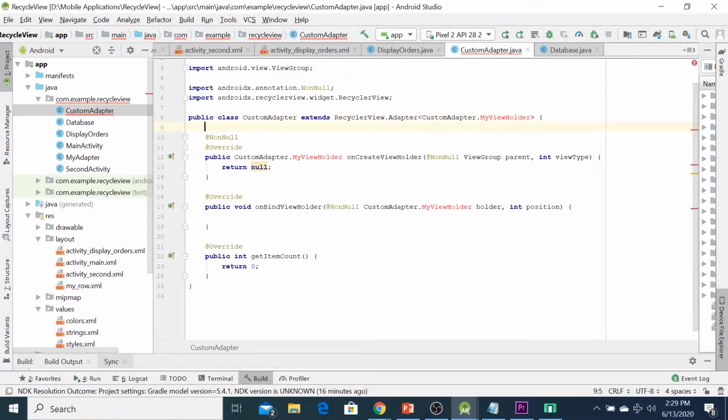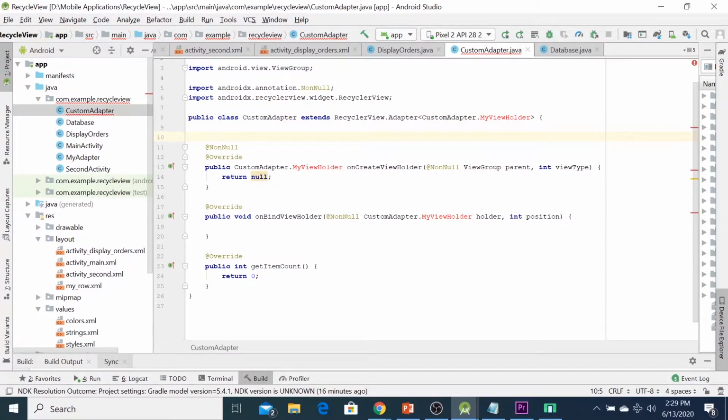Yeah, next you need to declare the object, yeah, before you create the constructor.